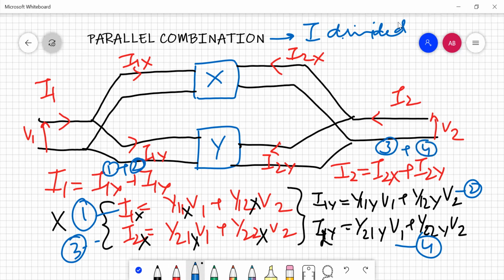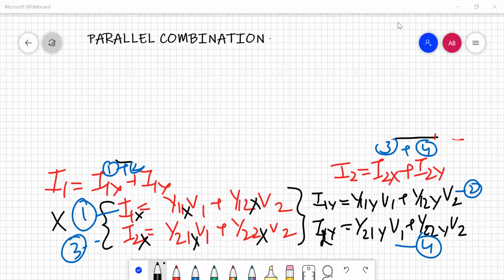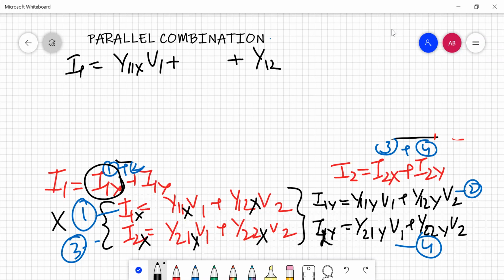So let's do this and calculate what is the value of the combination. So now I am going to write down I1 and then I'm going to write down the equation because I have to put the value of I1X. So that will be equal to, similarly, after a small gap, I'm going to write down its second term because I want to combine the V1 terms together. So now we are going to write this one.